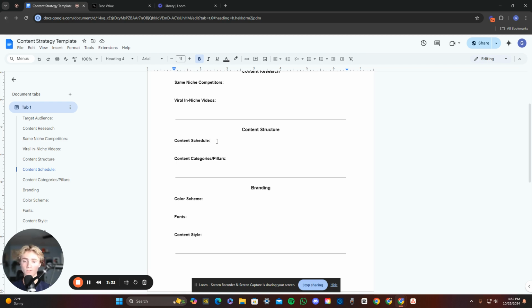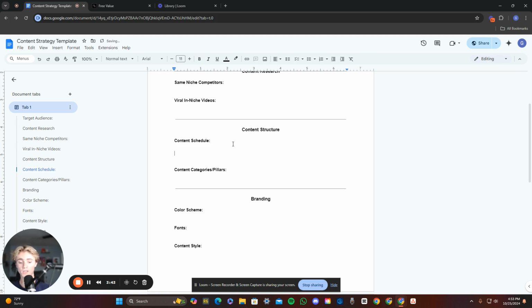So it really comes down to also these content categories and these pillars. What are these going to be in the first place, and at what rate are they going to be posted? Is lifestyle content a huge part of it? You're selling some info products, you want people to be buying into the dream. Maybe lifestyle is a big part of it. Maybe that's like 50% of your content right there, right?